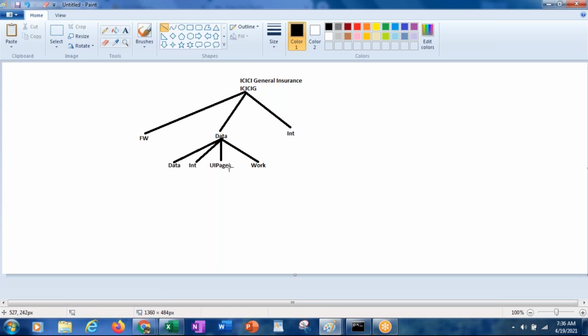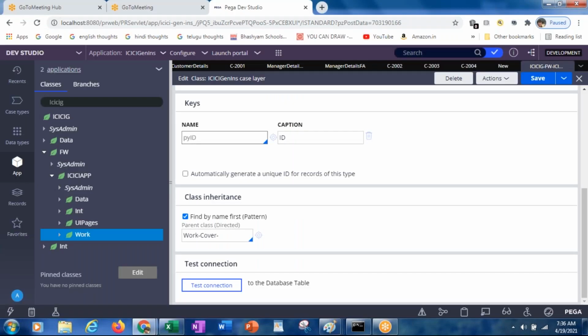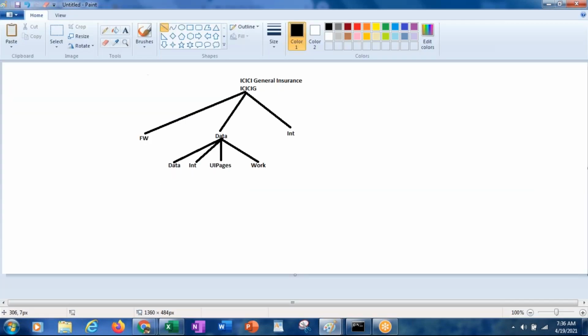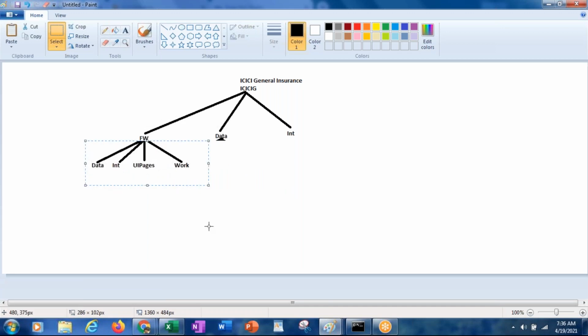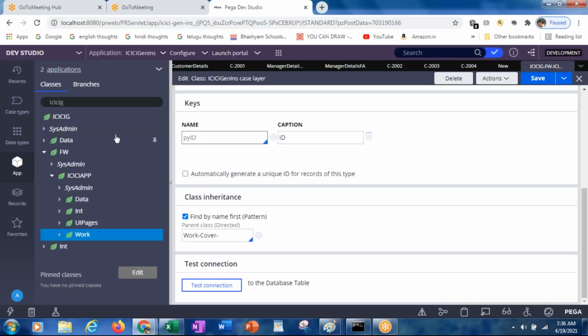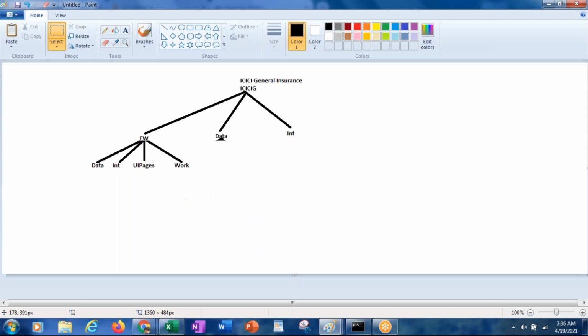Okay, but from data there are 4 subclasses available. Okay, so this should be under the FW or data. This should be under the data. From ICICI FW, okay, ICICI app, okay, there are 4 child classes available.